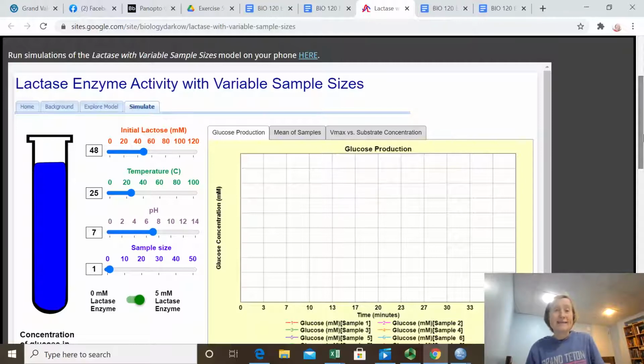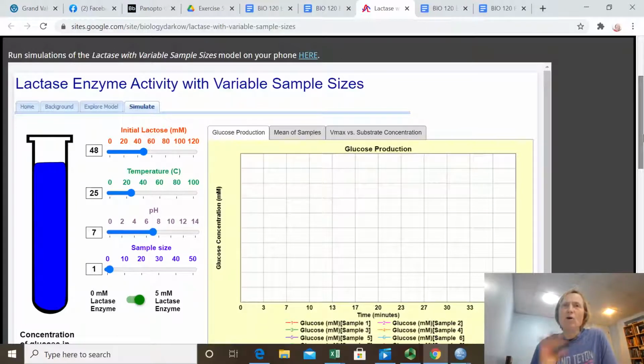Okay? Lactase functions in different kinds of conditions, and we might predict that lactase would function best where it usually does its job of breaking down lactose. So the question is, where does that happen? Does lactase typically work in the stomach at a pH of 2, or does it do its job in the small intestine at a pH of 6 or 7? Well, we're going to find out. So in this